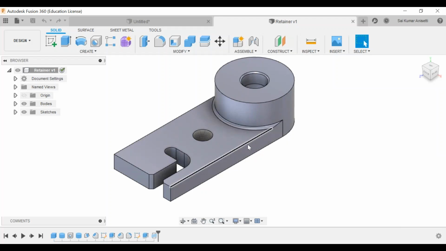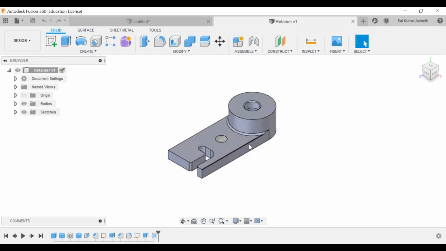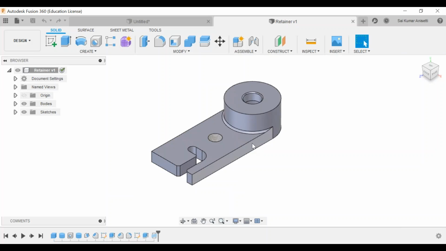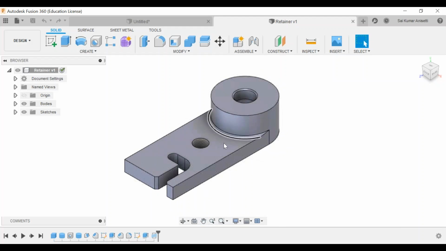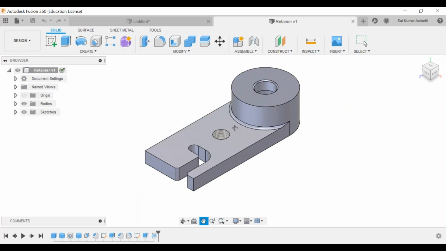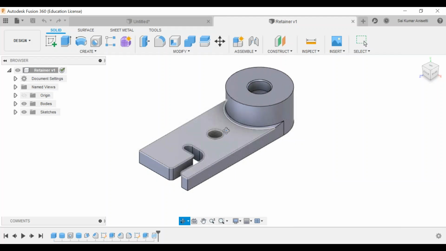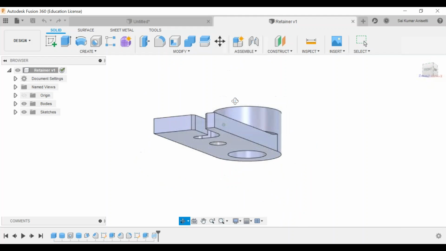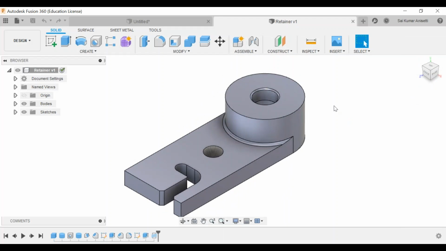That is the view. To zoom in and zoom out, directly scroll your mouse wheel. That is as simple as that. Zoom in and zoom out, scroll your mouse wheel. If you want to move your object, hold your center mouse wheel. And if you want to rotate, press and hold the shift button and your center mouse wheel. That is how you rotate your part. Clear with the controls of your mouse, right? Now, this is about the ViewCube.